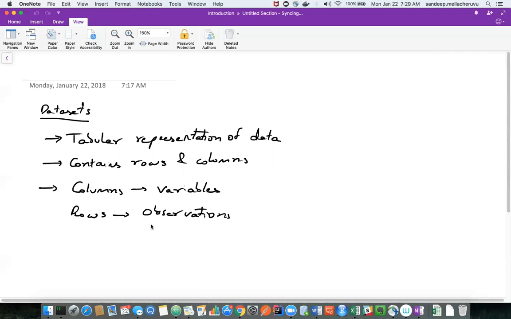So we are calling the rows observations. The reason is, this entire field of statistics started with some kind of science project. In many science projects, whenever you do an experiment, you will collect observations, right?